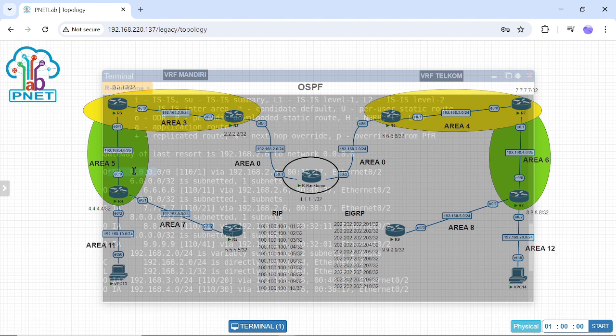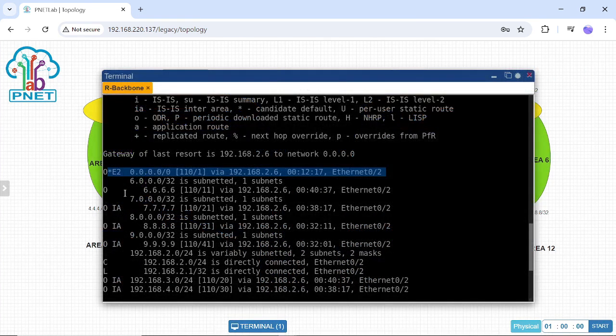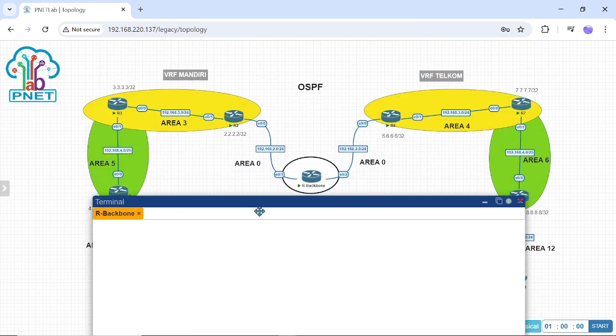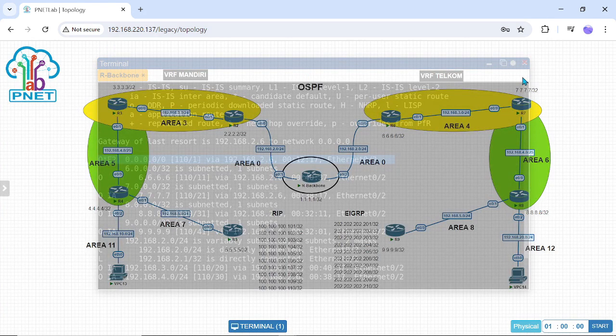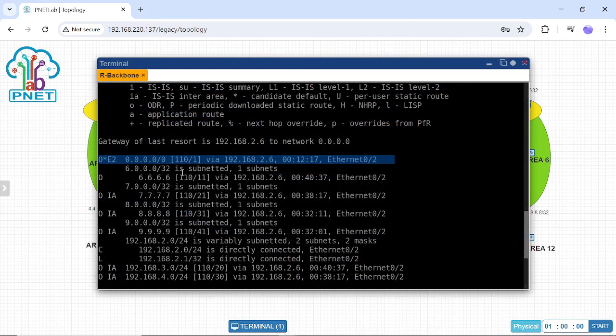There is a default route. I have set the default route in router 9, and when we check in router center, it will show all of this routing table of VRF Telkom.